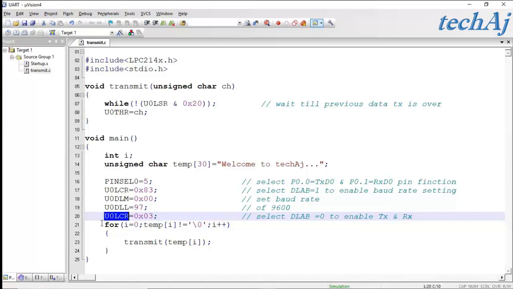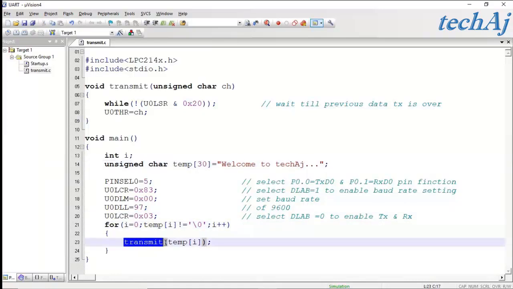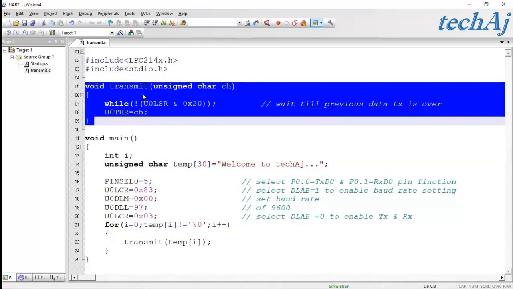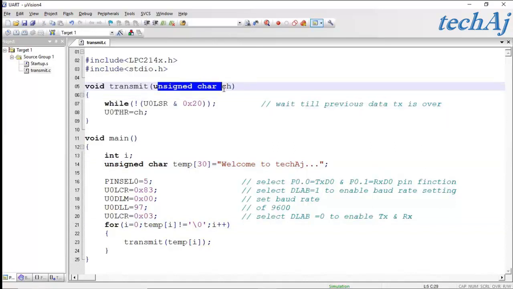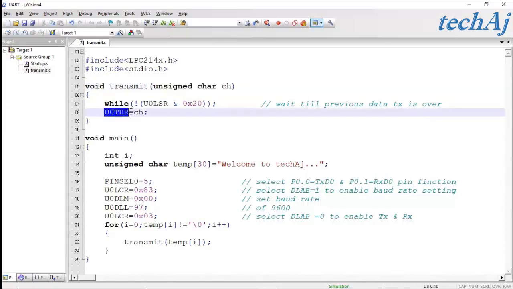Then we have taken the for loop, which will take each character at a time and send it to the transmit function till the null character of this string is received. Now we have written the transmit function, which will accept an unsigned character, and this character is sent to the U0THR.